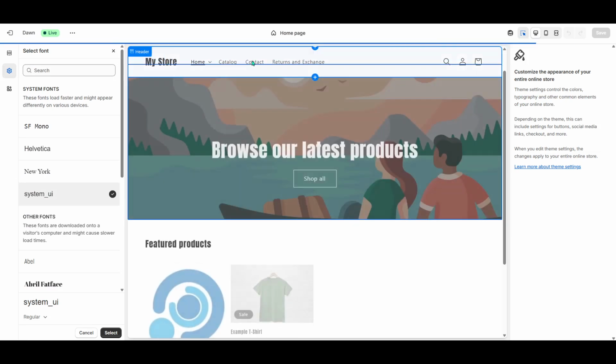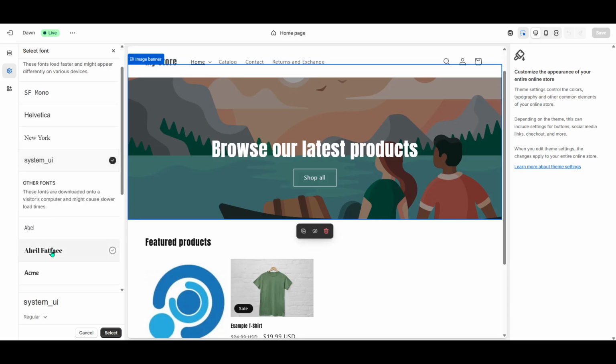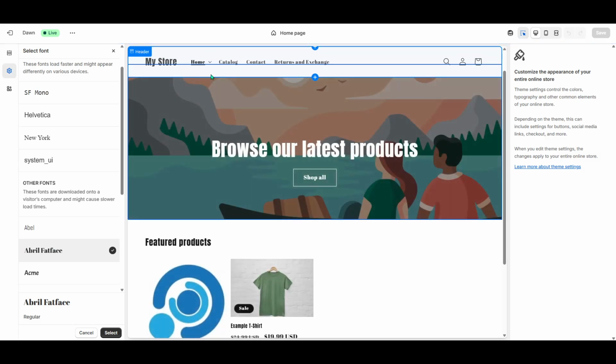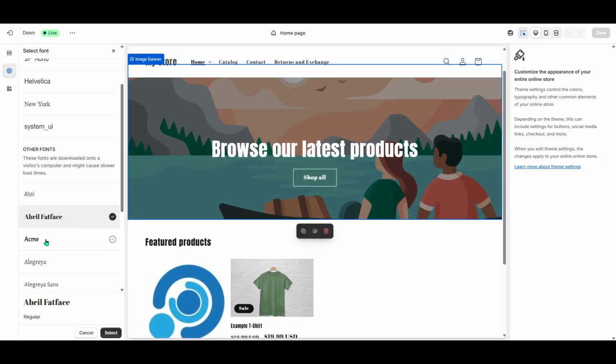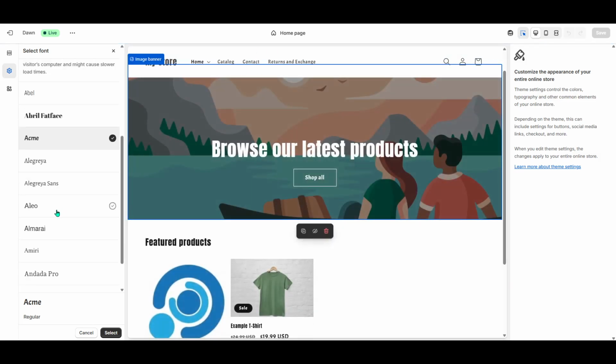Adjusting the header font isn't just for your store's name, it also impacts all other headers on your site. So it is essential to select a font that not only complements your brand identity, but also ensures readability and accessibility for your visitors. As you go through these steps, it's crucial to keep in mind that making changes to